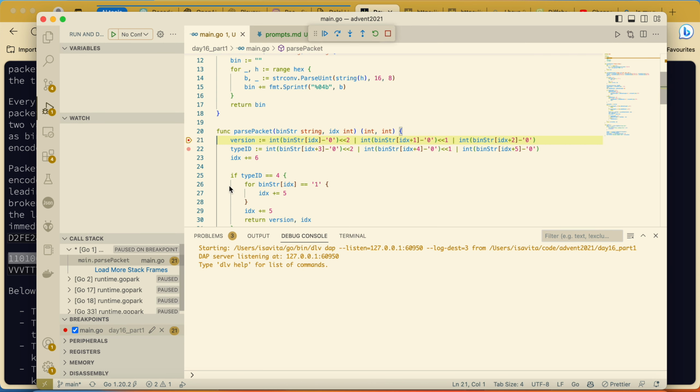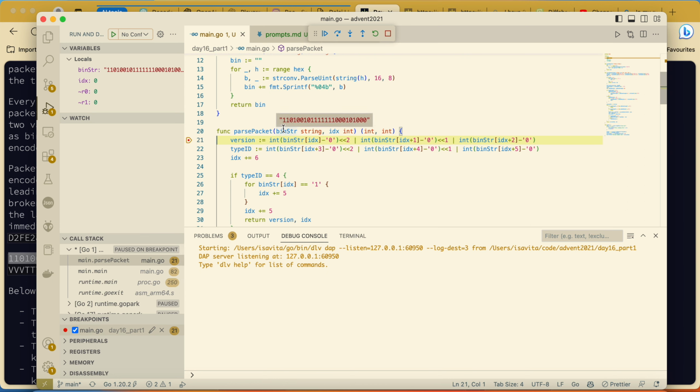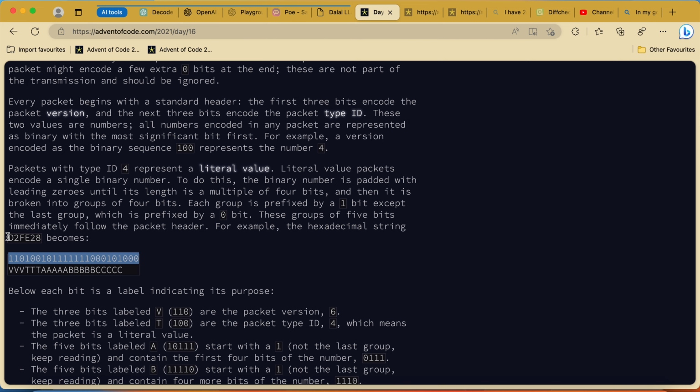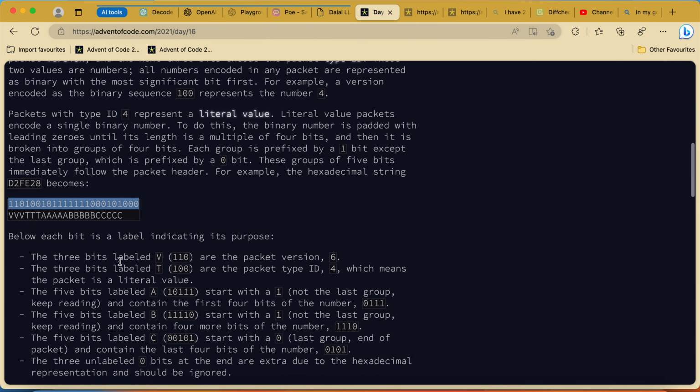But if we try it, okay, now we're with the entire string, and we're stepping in. We're with version 6, and here we can see we're version 6.